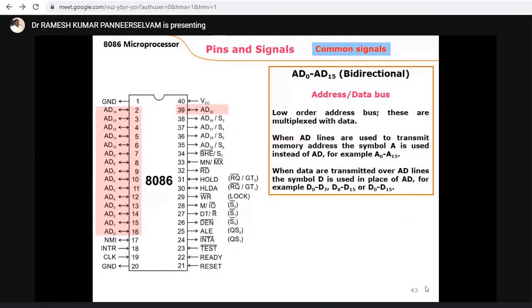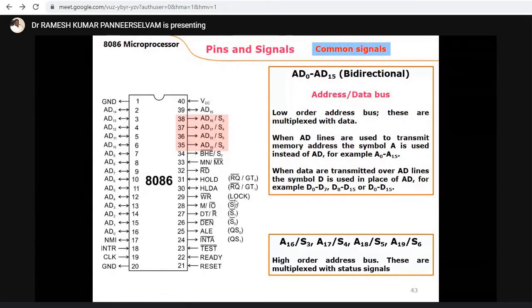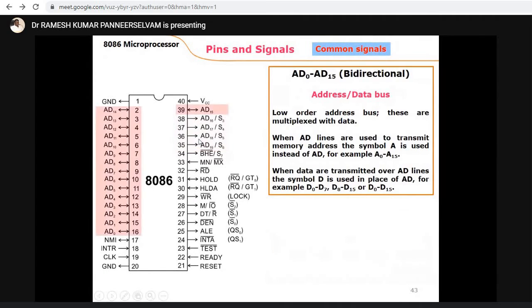So we understand. Here, to make up the 20-bit address, the additional bits are here. You can see AD16, 17, 18 and 19. These AD16 to AD19 will be used for the address, A16 to A19, and they are mingled with another dual operation called status. S represents status. So these pins are used for two purposes. Earlier it is used for carrying address and data. Okay? Any problem here?